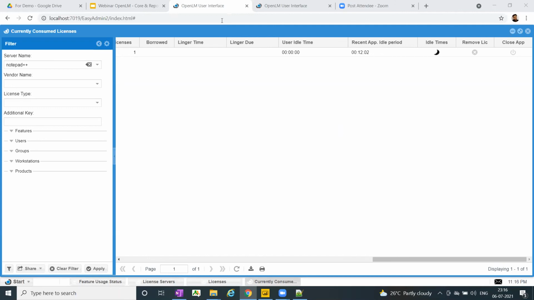In order to understand what is required, like the operating systems currently supported by OpenLM, and what you need to have on the central network server where you install the OpenLM server program, all that information is available on our website under the system requirement tab, at www.openlm.com. There we have the complete information: which port is required to be open, and the versions of databases that are currently supported.